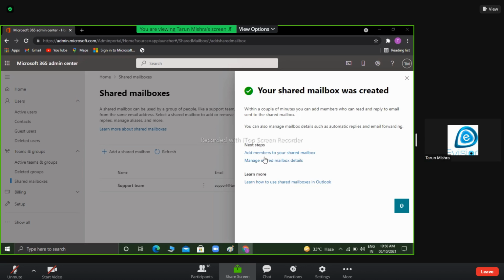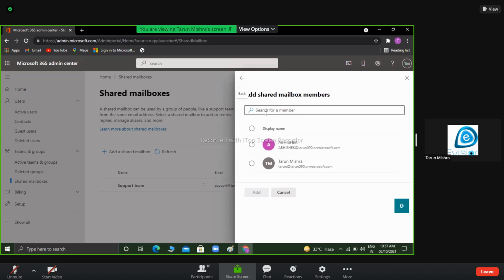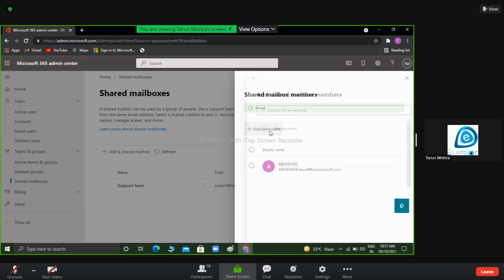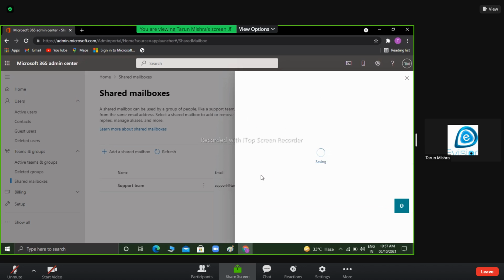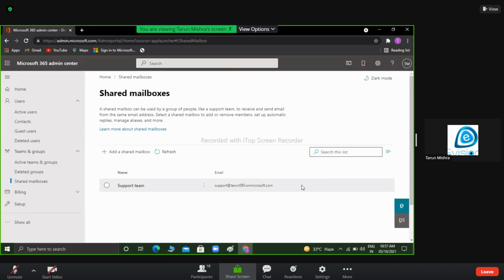See, add members to your shared mailbox. I'm going to add members. Sit carefully. I'm going to add Abhishek. Now Abhishek and I are both members in the support team.